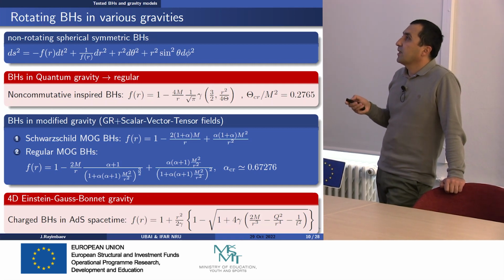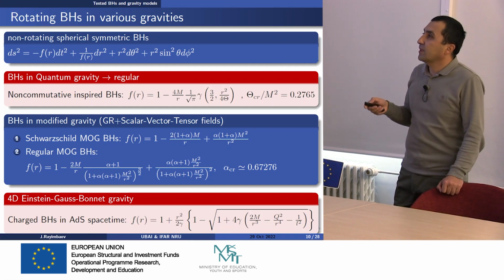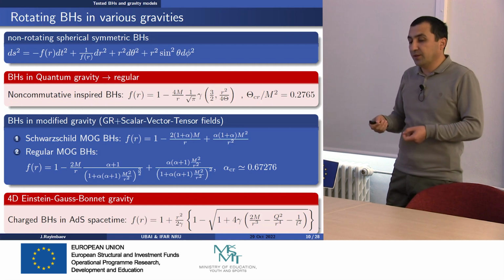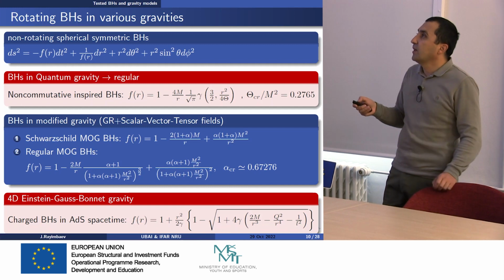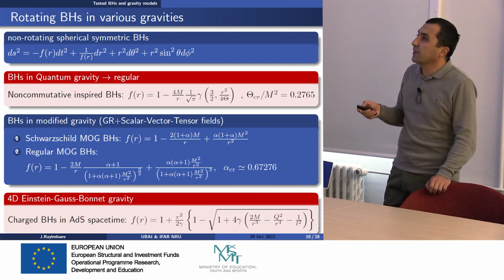Here is a singular black hole solution and a regular black hole solution, depending on the distribution or Lagrangian of this STV scalar-vector field,